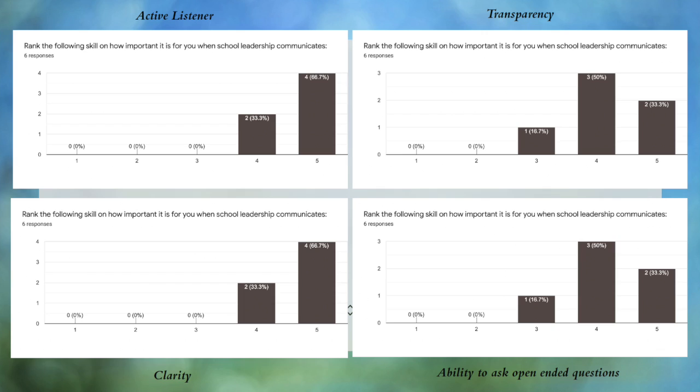This little graph was interesting on the chart as I had submitted this, because it was broken into those skills of what you believe are the most important: being an active listener, transparent, clarity, ability to ask open-ended questions. So really, all the value is there for all of them. The lowest one was the one person who pulled, saying that it's middle of the road about the ability to ask open-ended questions. But I think this is sort of a loaded question too, all of these, because I think all of these are great traits. But it is clear that when you're looking at this, the heaviest hitter was the active listener.